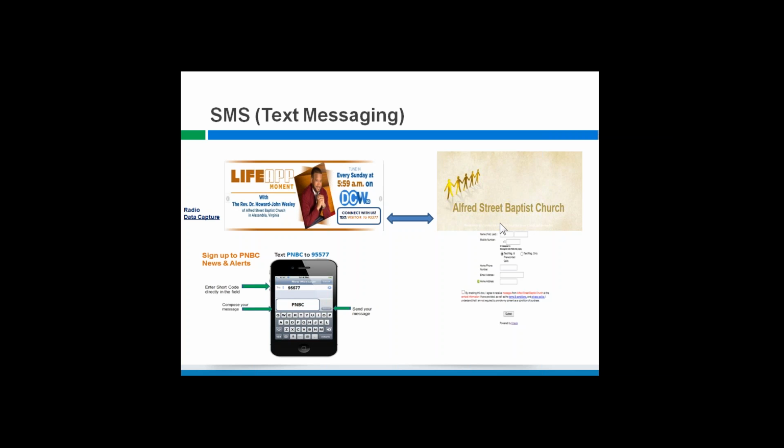this sign-up page. So the user on their phone receives basically a data sheet that's branded and customized to the church, where the church says, these are the sort of information that I want. I want name, phone number, email, address, preference when it comes to ministry, volunteering. All of that could be customized. But once you text that from listening to that radio show, it provides you on your smartphone a sign-up form that you complete, and it automatically goes into the church's